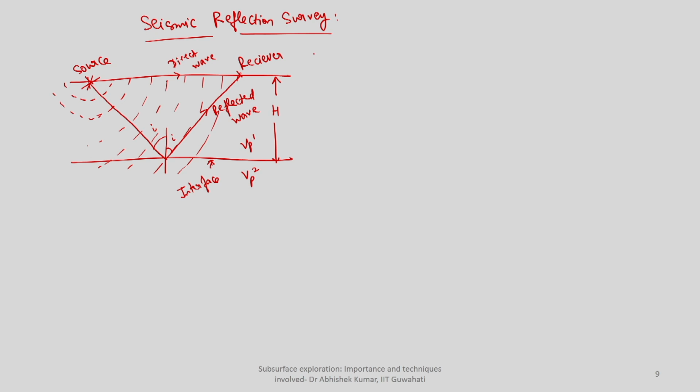So, at the receiver, you can see two kinds of disturbance. First one will be the arrival time of the direct wave, and then it might minimize, and then again you will have a second peak, which will be the arrival time of the reflected wave. Now, I am giving you a signature of the receiver signal. This is in its very simplest form. As more and more actual field conditions keep on adding here, this will become more and more complicated. So, I can call it the simplest form of receiver signature.